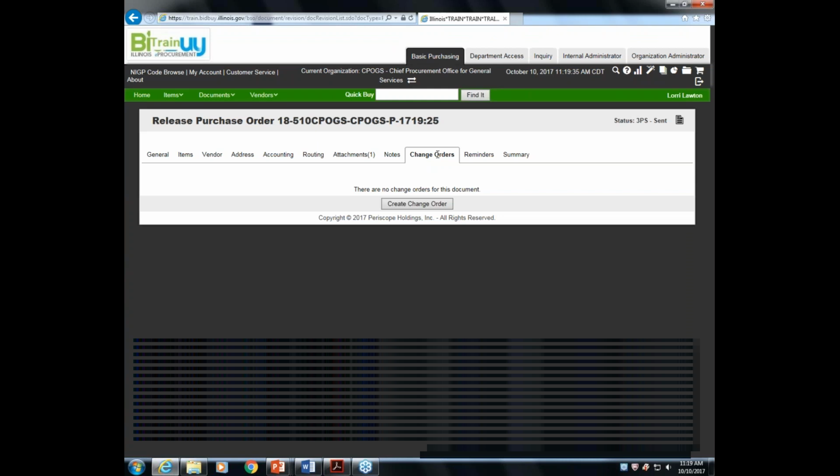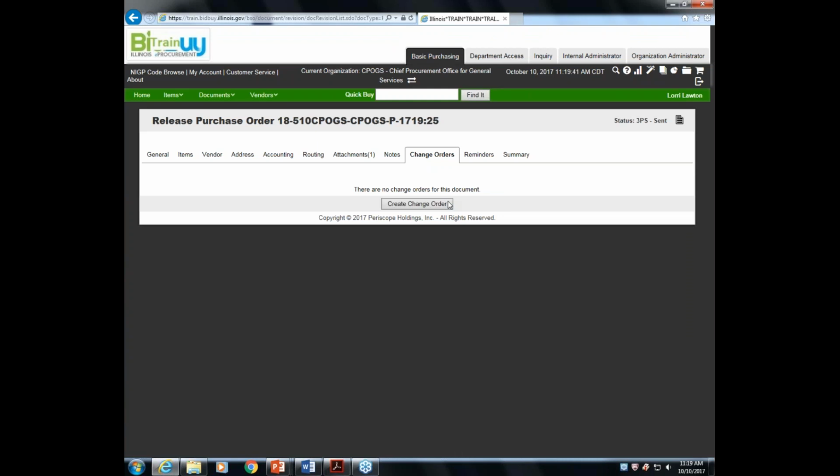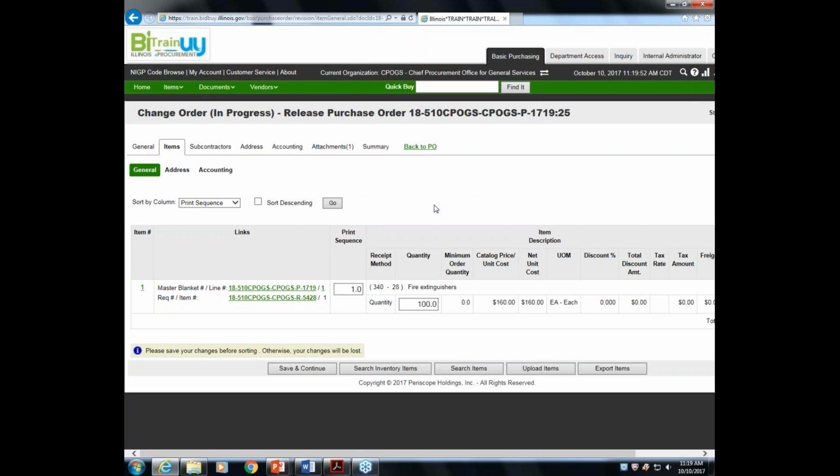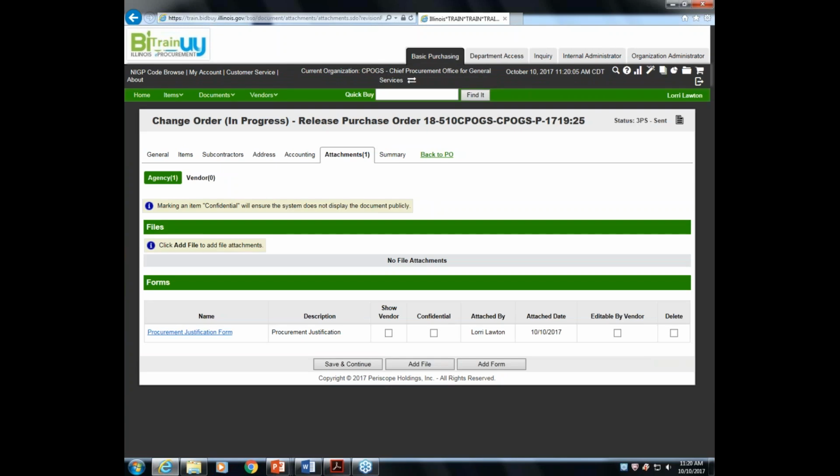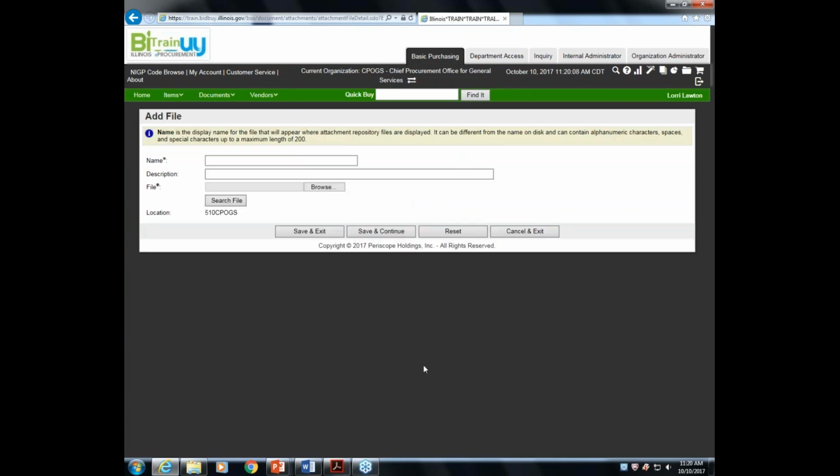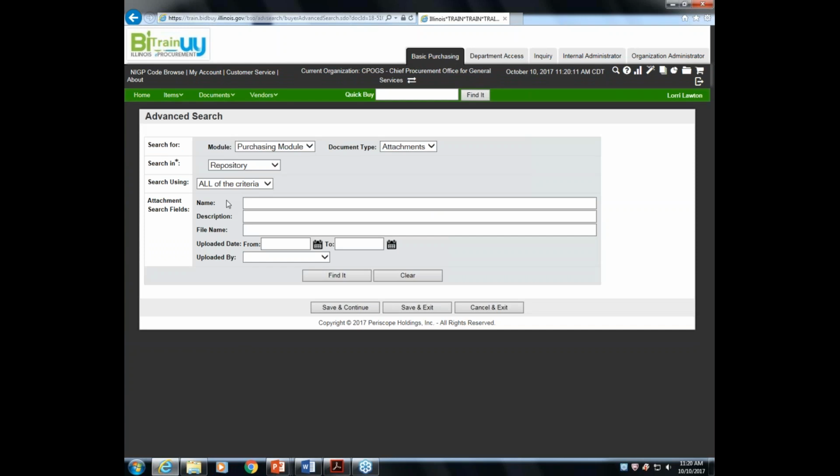So I'll take you very quickly to the change order process and show you that, and then we'll open it up for some questions as well as some additional demonstrations. So quickly, the change order process. Once the agency were to receive the executed contract from the vendor, as well as the additional signatures, the agency can come out here and create a change order, click on attachments. They can go out to their computer, search for that fully executed contract,